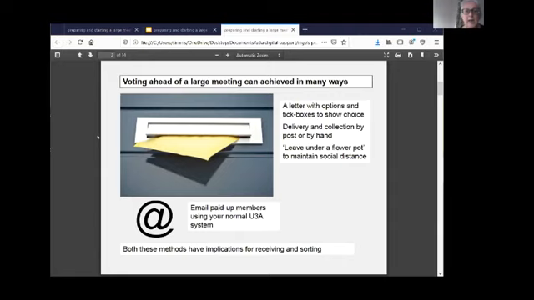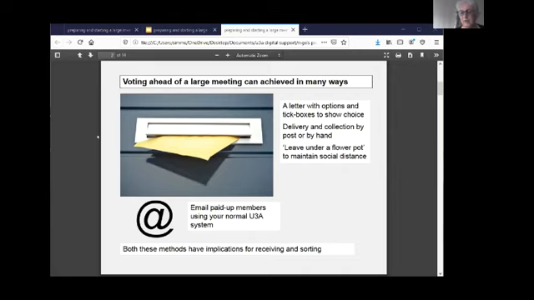There we go. Another thing to check, and this is something that people do forget, make sure you're only really letting your paid up members into your AGM. You can quite legitimately run all of this pre-communication by email through your normal email system. The only thing is that both using conventional mail, handing out sheets of paper, and using email is going to have implications for sorting and sifting. There are ways to minimise sorting and sifting if you and your members are engaging with technology. So we've parked the issue of people who aren't